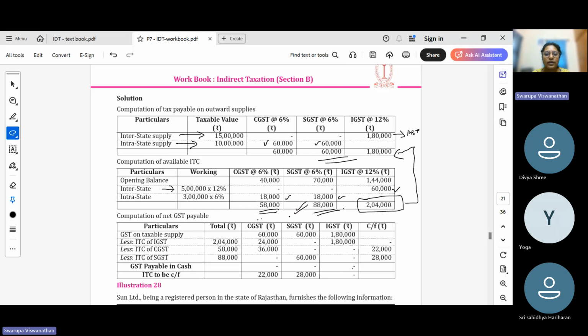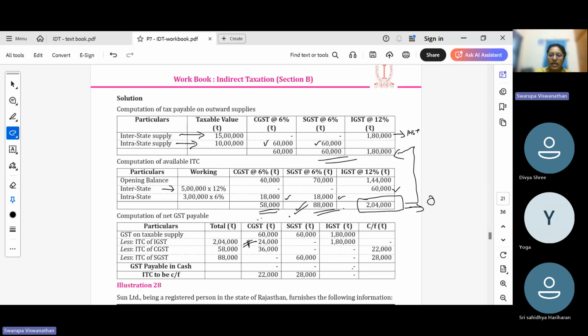So the entire 24,000 we can directly adjust against CGST liability. Okay. So your IGST ITC is made 0. I've adjusted 1,80,000 completely against IGST liability and the balance against CGST liability. Okay. Now next